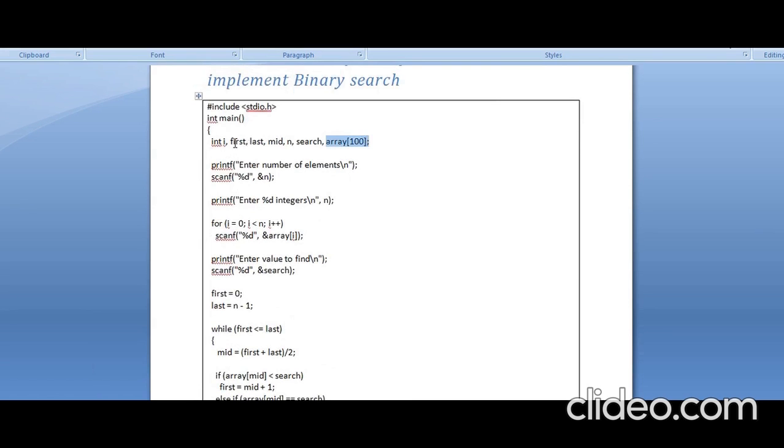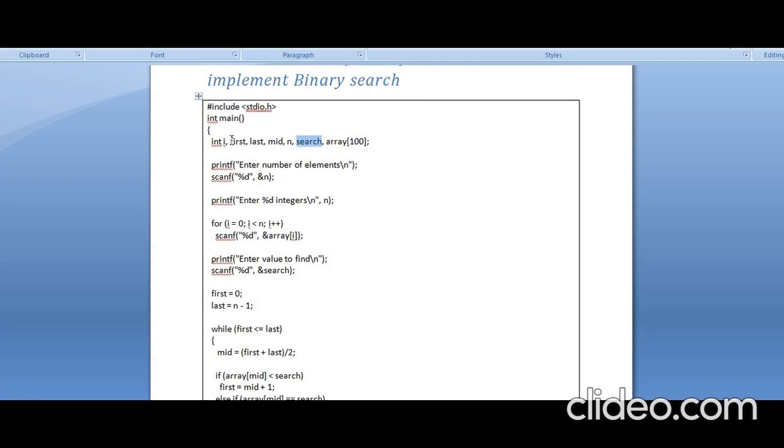To access the array we require the variable i, and to hold the size I'm using n. And to search an element, I'll use the search variable.